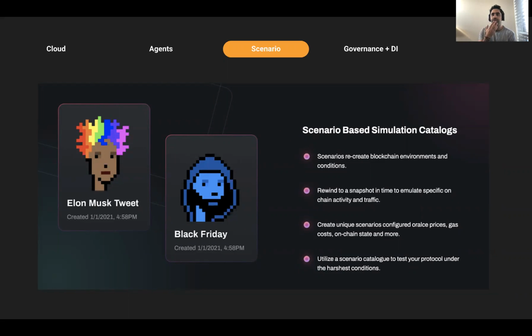So some of the features that we already support publicly are the ability to manipulate and control the return value of Chainlink oracles. This week, we're also going to support the same thing for Uniswap time-weighted average price oracles. And this is critical for unlocking a bunch of testing cases for your DeFi protocol. So you can imagine if you're a lending protocol and you want to test that you stay solvent in rough market conditions, within our simulator, you can drop oracle prices for collateral assets and see that your liquidation mechanics work properly.